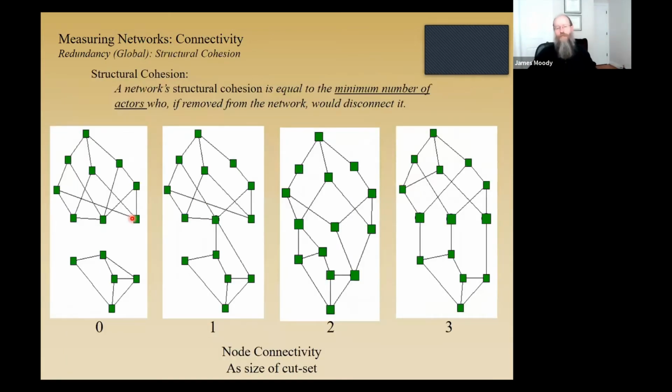Global cohesion, global redundancy, is the extent to which the network as a whole is reconnected by multiple paths. And we like to think of this with this notion of structural connectivity or structural cohesion. It's the minimum number of actors that, if removed, would disconnect the graph. So in this case, these little 4 examples are a way to illustrate this. On the far left here, you have a network that is disconnected, so it's impossible for anyone from the top